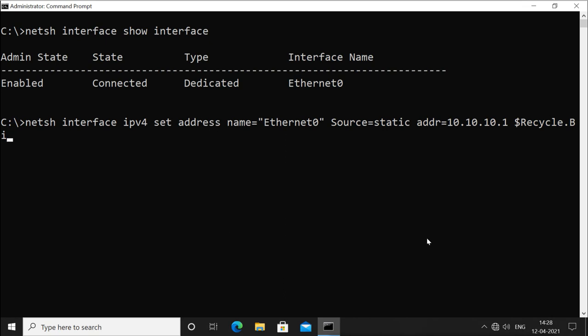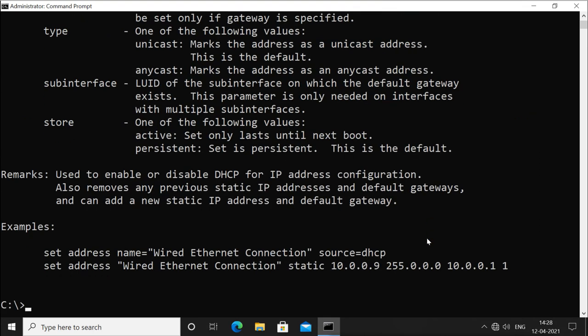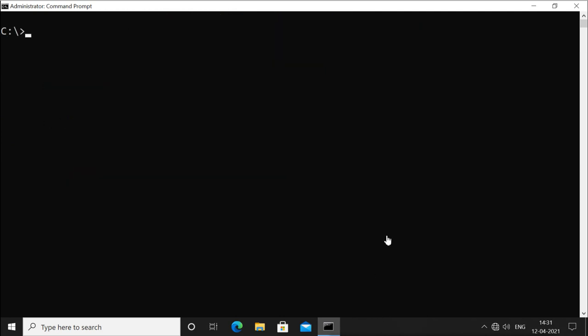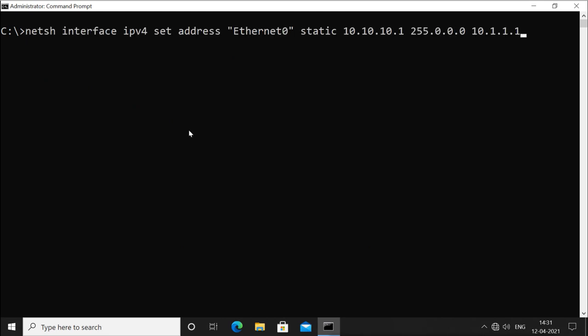Then you will configure the mask equal to 255.0.0.0 because it is class A. Then you will configure the gateway, whatever gateway you have. Or simply we can use this command, netsh interface ipv4 set address, then the name of the interface, whether you want dynamic DHCP or static, then your IP address, subnet mask and gateway, and you press enter and it will configure that.